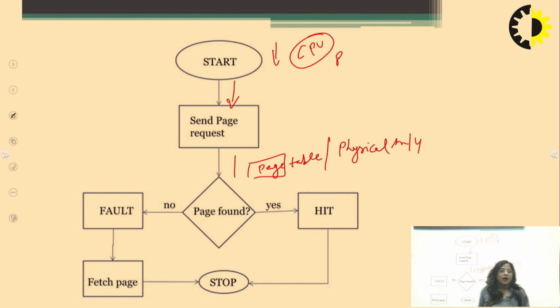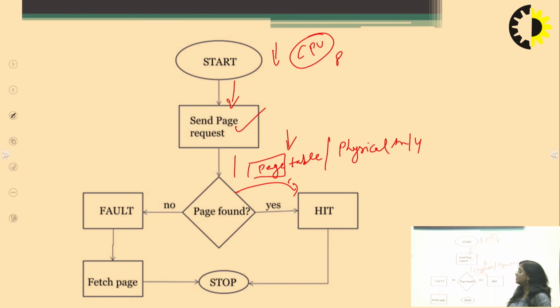Now check whether the demanded page is found in the page table, in the frame number, which means physical memory. If found, then you come to this part, which means a hit: the page you want for your processing by the CPU is easily found in the page table.